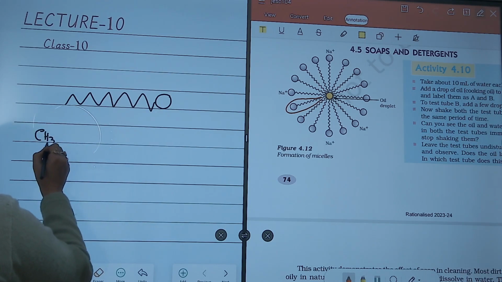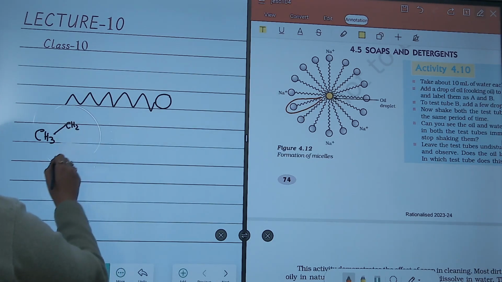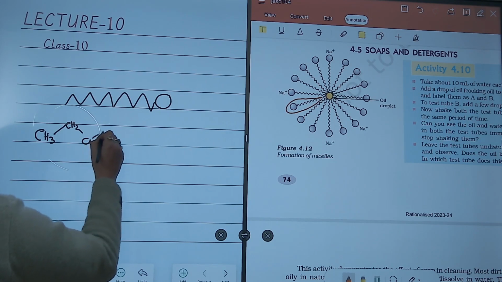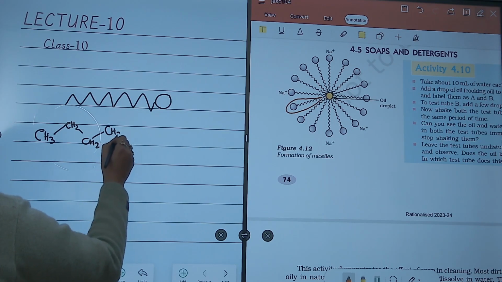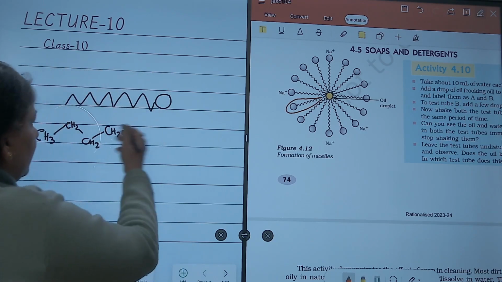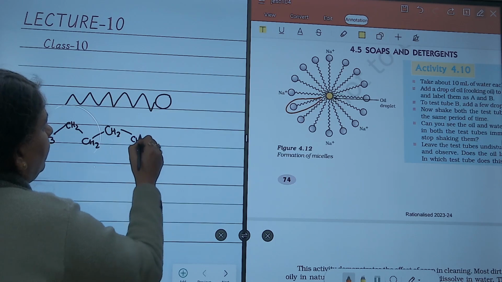So this is basically CH3, CH2, CH2. So this is a long carbon chain of 17 carbons present here,